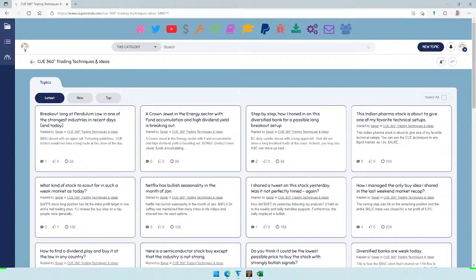Looking back, this was one stock I shared 12 days ago on APPS. Then I shared a possible setup on Citibank 8 days ago and another one 2 days ago on Big Lots. Let's look at these three stocks to see how they did.